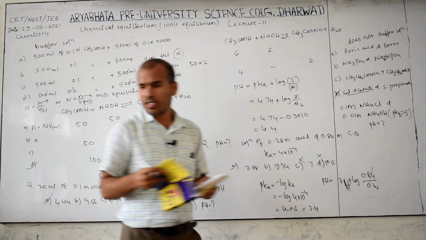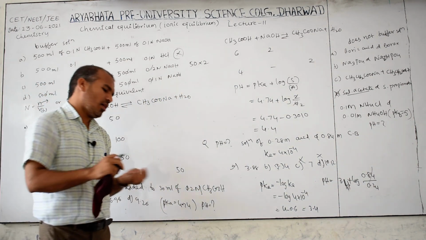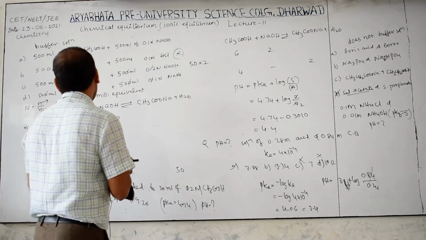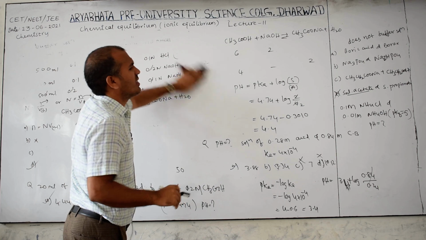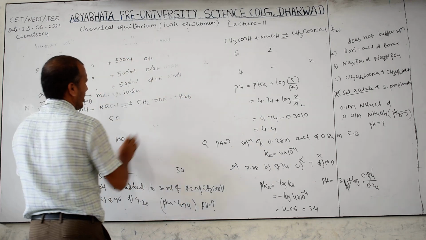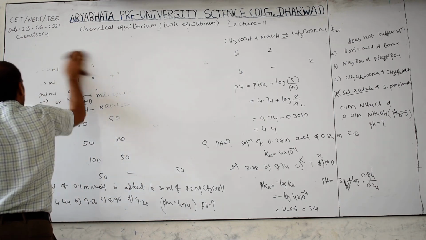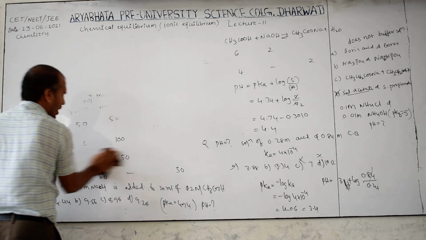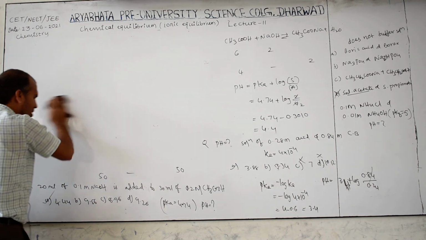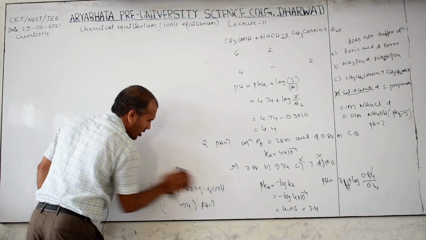By looking at this question, immediately you have to conclude whether it is salt hydrolysis or a buffer solution, a normal pH calculation. One is salt, another is a weak base. Immediately it should strike in your mind, this is a buffer solution. For a buffer solution, what is the formula? I gave the formula for the acidic buffer solution; the basic buffer is homework for you. Then how to calculate that?